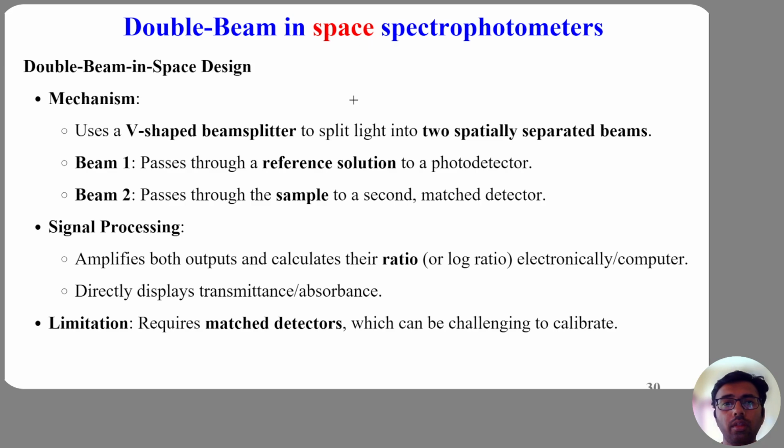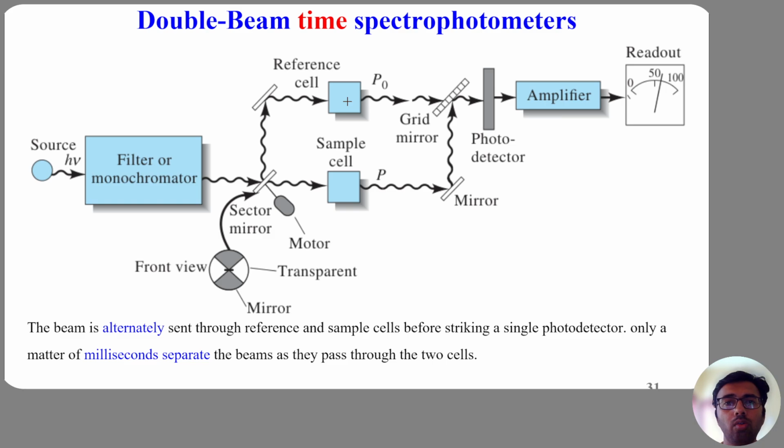Engineers therefore search for a superior design. This led to the most widely used architecture in modern spectroscopy. The solution is brilliant. Instead of two detectors, use one detector. Light again